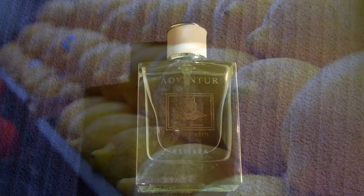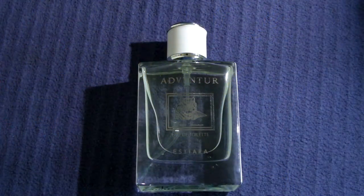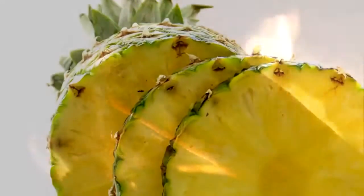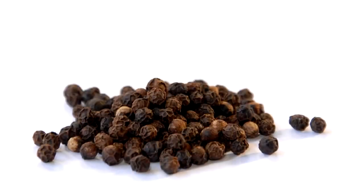Got a bit of lemon up top, like Club de Nuit Intense Man. It is not as good as Club de Nuit Intense Man. I'm just going to say that now. It's not even that close to Aventus to me. This fragrance has gone in a different direction. Aventus is like this rich, birch, smoky pineapple scent, right? But this is really peppery,